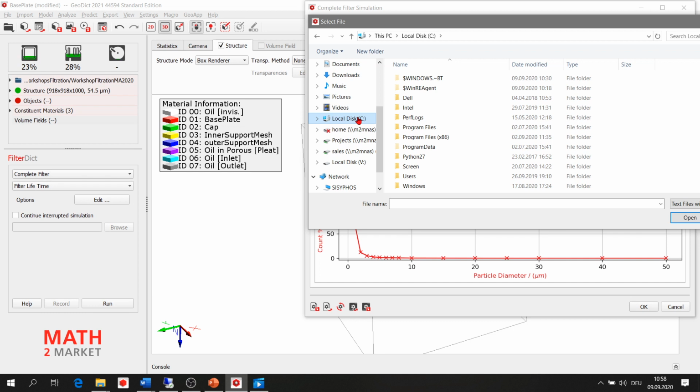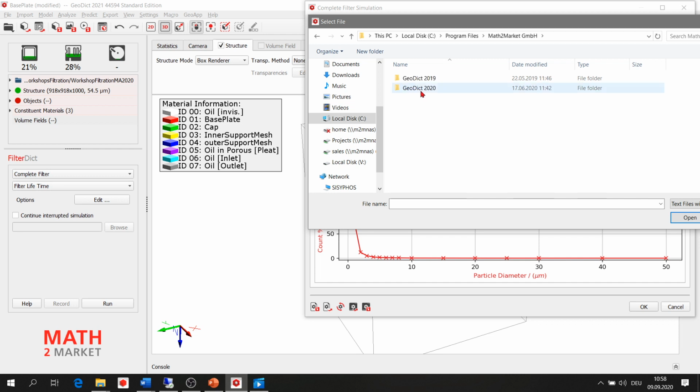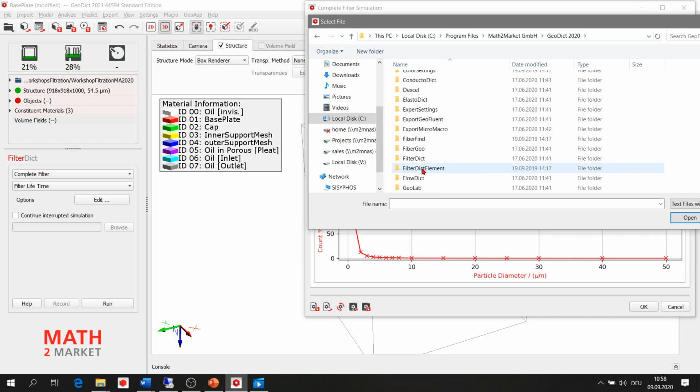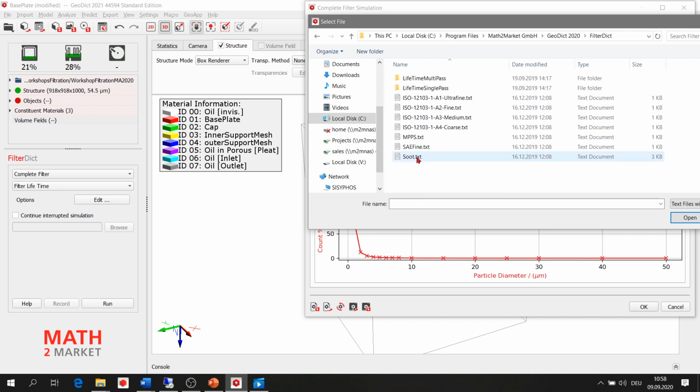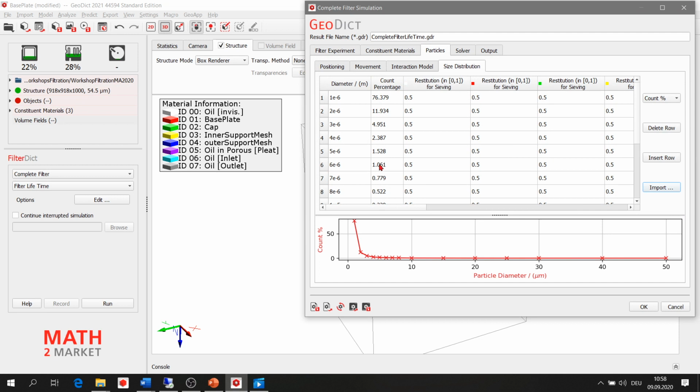This is normally under your local disk, then Program Files, Math2Market, GeoDict 2020 or 2021, and then FilterDict, where you can see a list of well-known particle size distributions. You can simply select A4 coarse, open, wait a couple of seconds, and then you have the correct size distribution here.